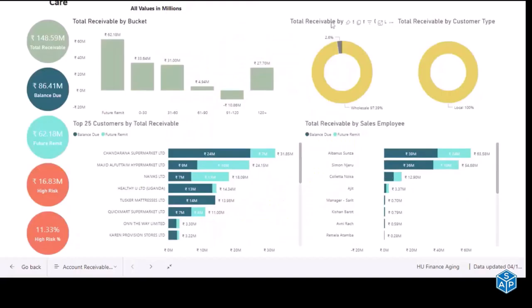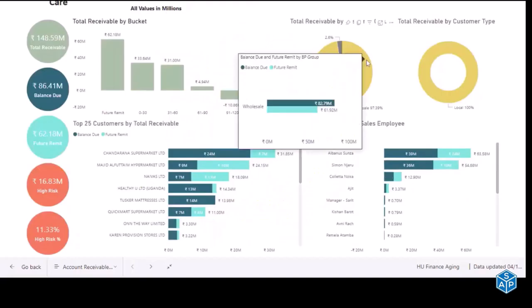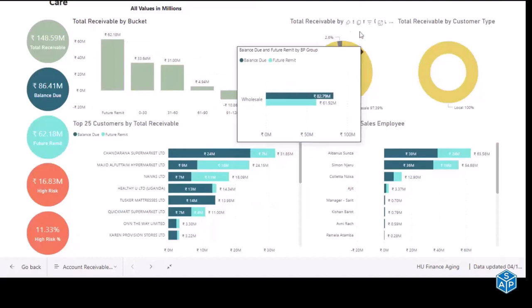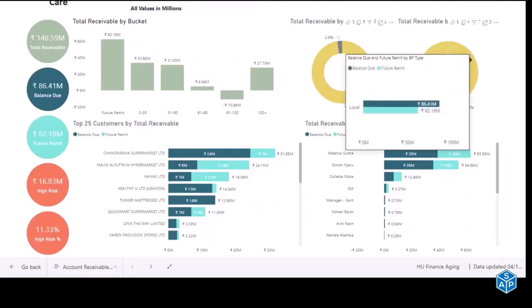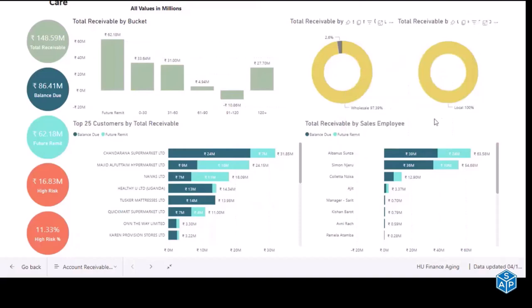Here, as you can see, once I hover over the wholesale tab, it will show me the balance due and future remit for that particular customer group. To the right, we have customer type wise total receivables as well. Here, all the customers are local, but if we have export or